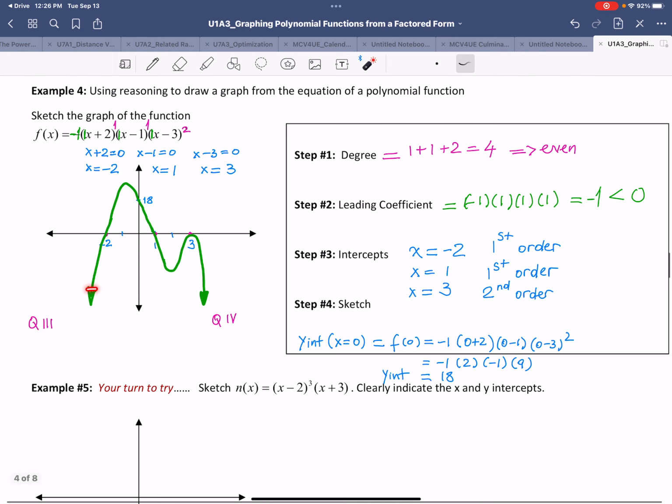It satisfies all the conditions. I'm going to check at the end. So the end behaviors seem correct. The x-intercepts are all there. That's first order, second order x-intercept. Now, there are a lot of other inaccuracies in here because this is just a rough sketch. It's not a real graph, the actual graph. For example, this point in here may be a lot higher, but this is something that we are going to learn in the